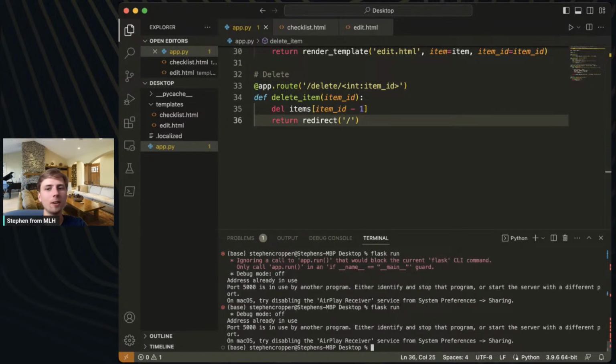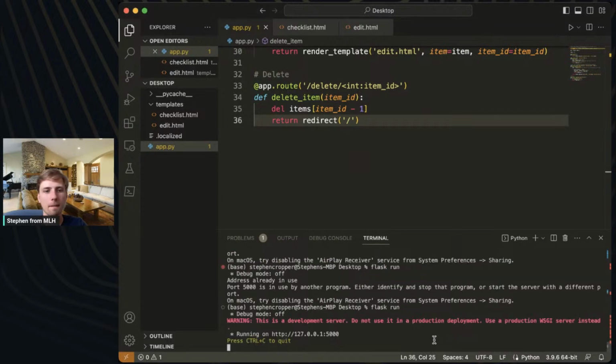Let's try it again. Okay, here it goes. Finally. All right, everybody, just in time for us to have a quick demo. I apologize for any errors with this, but AirPlay is just some feature that exists for Macs. And I guess it runs on port 5000, but